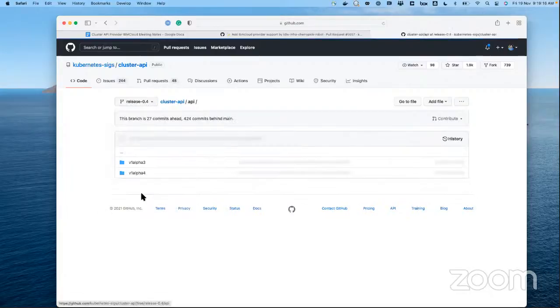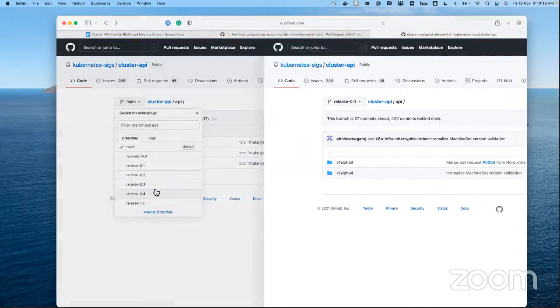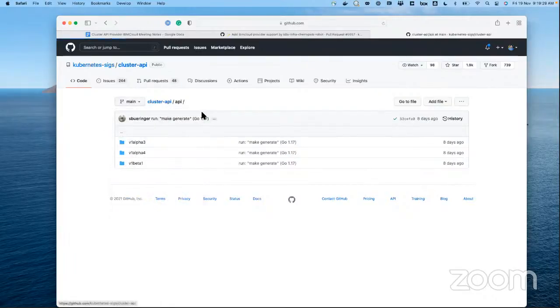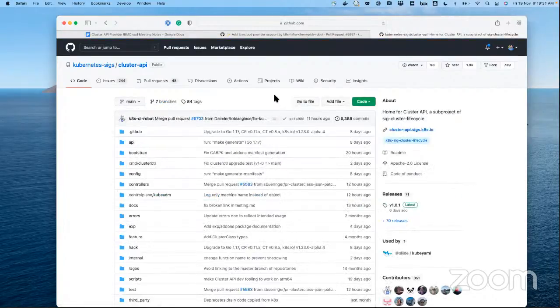That's the reason we had to backport the patch to main, and after that release 1.0 and then release 0.4. So any questions? I'll just take you through the demo of clusterctl deployment which supports IBM Cloud. Any questions before we get started?